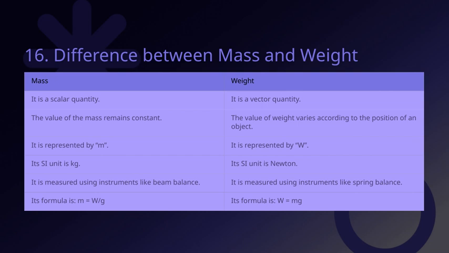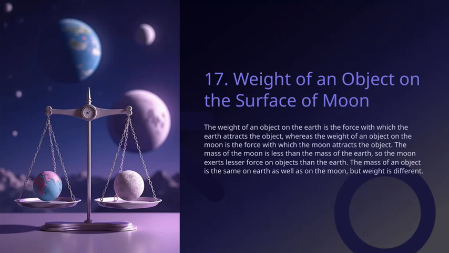Understanding these differences is important because it helps us grasp how objects behave under gravity and how we measure them accurately in different contexts. Let's talk about the weight of an object on the surface of the moon. So, the weight we usually think of is the force with which Earth pulls on an object. When we move to the moon, that force changes because the moon's gravity is weaker. The key point here is that the moon's mass is much less than Earth's, which means it exerts a smaller